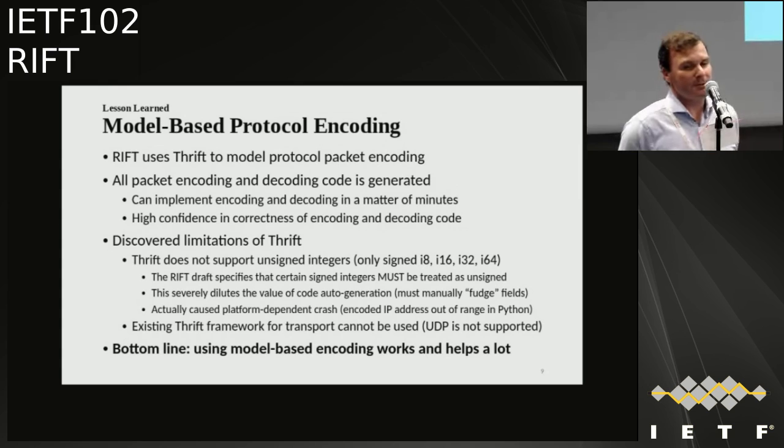Another thing with Thrift is there are many of these frameworks to encode and decode. There's Thrift, there's protocol buffers, there's ASN.1, there's all kinds of things. Some of them are just encoding and decoding functions. Other ones also have a whole transport framework along with them where you can open a session and provide a service. Now, Thrift is one of those, but we cannot use it because Thrift only runs over TCP and some other transports, but not UDP. So we're only using the encoding and decoding functions, but that's already a huge win. So bottom line, I think it's great. I think more protocols, even routing protocols,